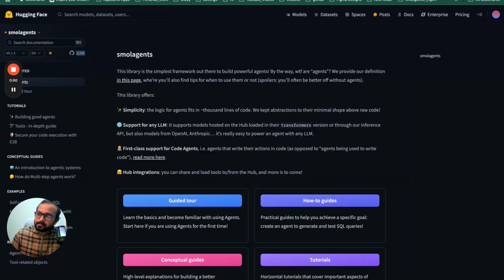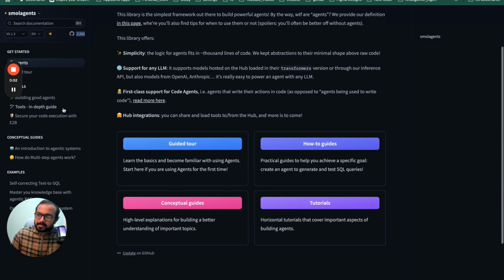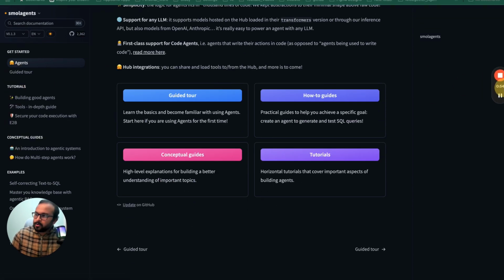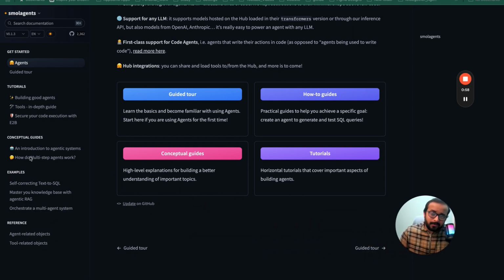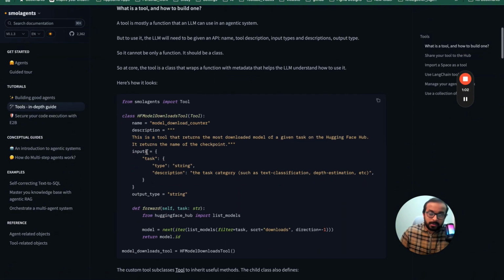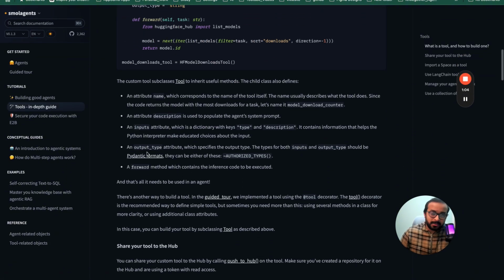They have also created very basic documentation with about 4 or 5 links here, as you can see. Now, I have gone through the documentation and I really feel that it is not complete. And I think somewhere they also mentioned that they are currently upgrading this documentation. And I'm really looking forward to this Smol Agents framework maturing with time as